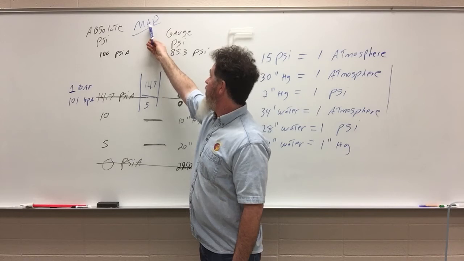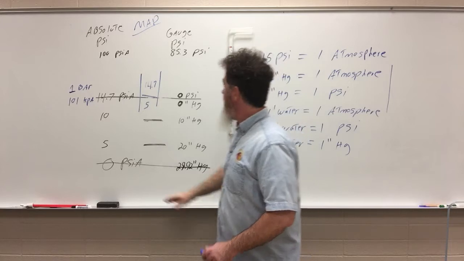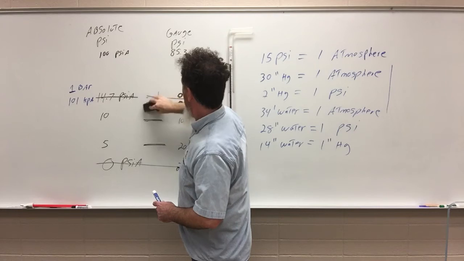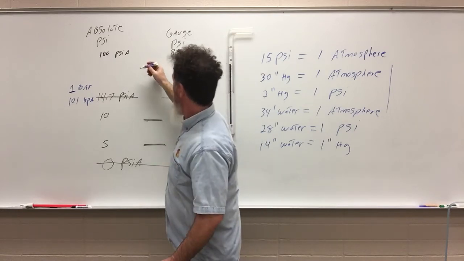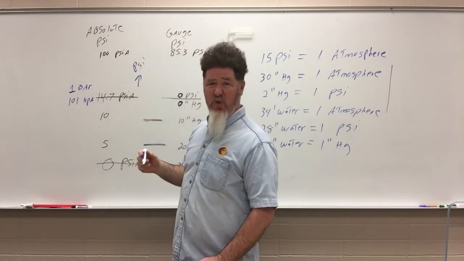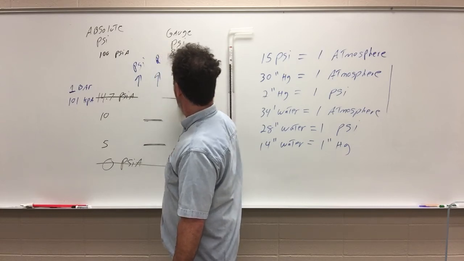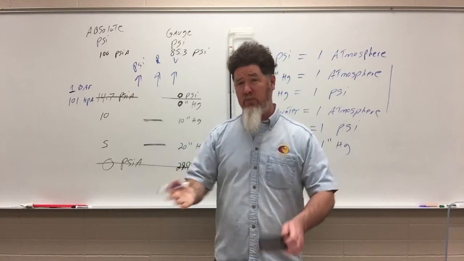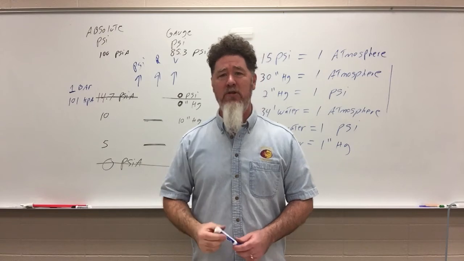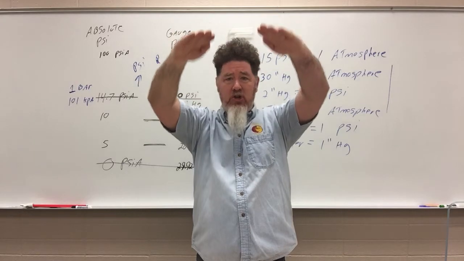So you have to realize that your manifold absolute pressure sensor is measuring pressure. When you think about that, as my pressure goes up, PSI goes up, that means the resistance of that sensor inside is going to go up, and the voltage is going to also go up. So with pressure sensors in general, like an AC pressure transducer, oil pressure sensor, transmission pressure sensor, your MAP sensor, the voltage and the pressure go up and down together.